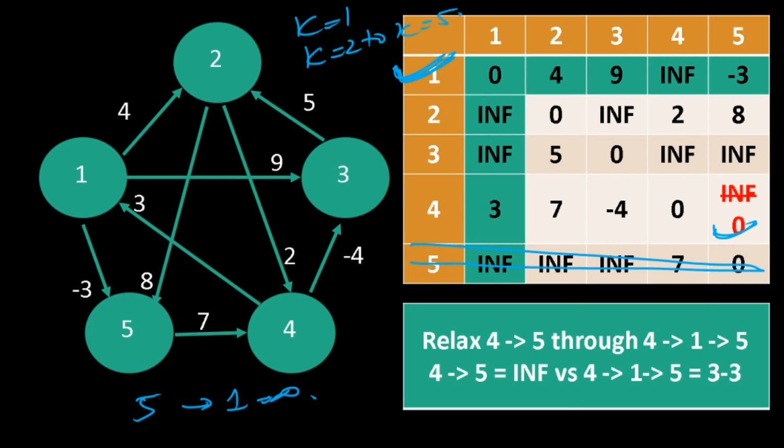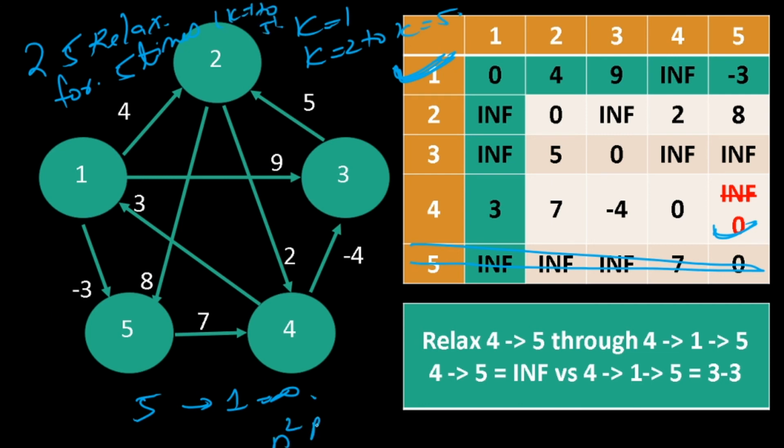equal to 5. So now you can already see the complexity. We are considering 25 relaxations for 5 times, k is equal to 1 to 5. In other words, we are considering n square relaxations for n cases, which implies the complexity is order of number of vertices cubed. Okay, that is the reason. I'll show it to you again when I'm discussing the code section.